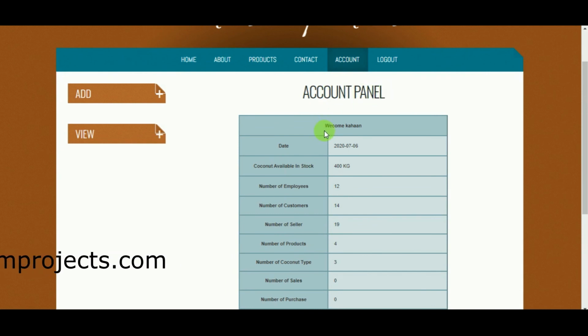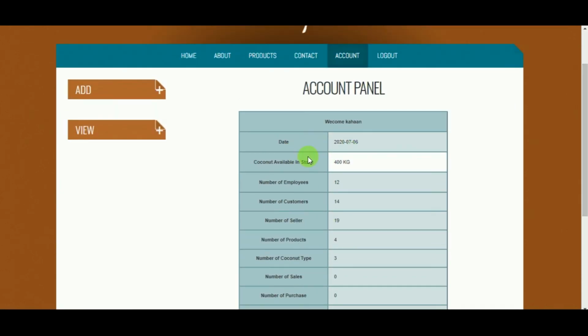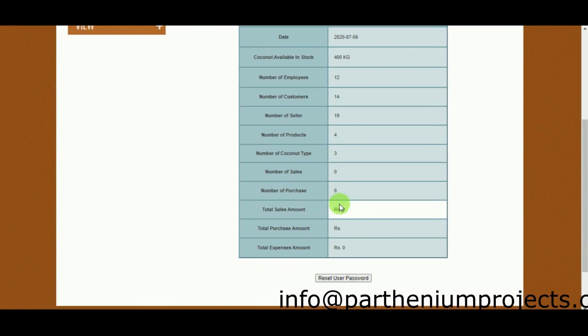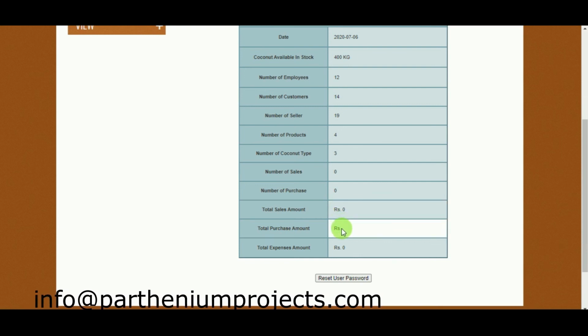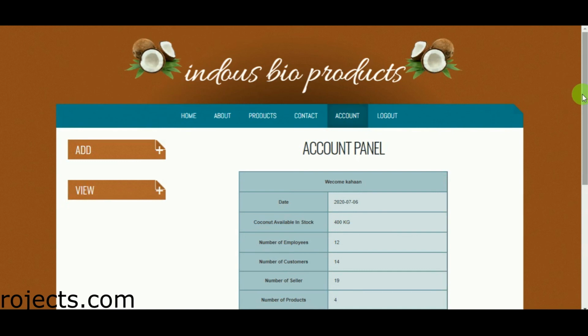Account panel, welcome Kahan, it is one of the employee in this particular company. Here you can see the date, coconut available, number of employees, number of customers, sales, purchase detail, number of coconut type, number of sales, number of purchase, number of total sales amount, total purchase amount, total expense amount. You have it in the dashboard.